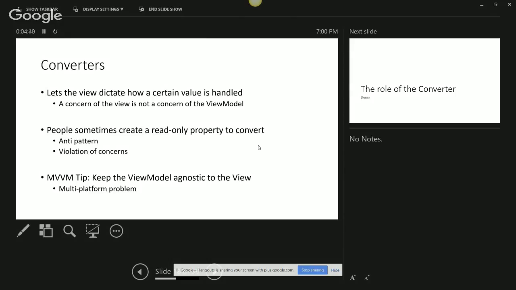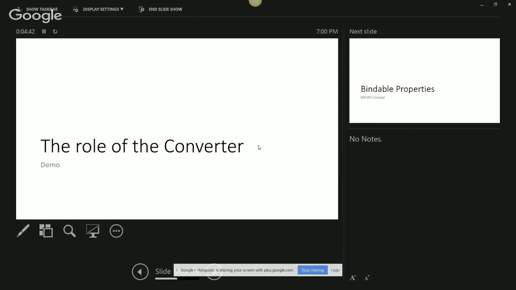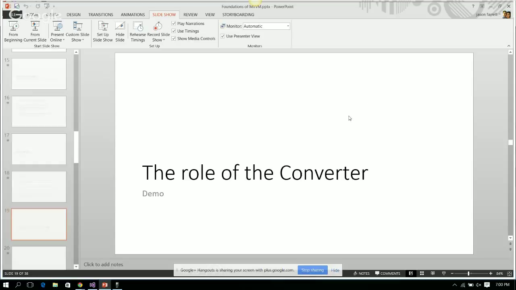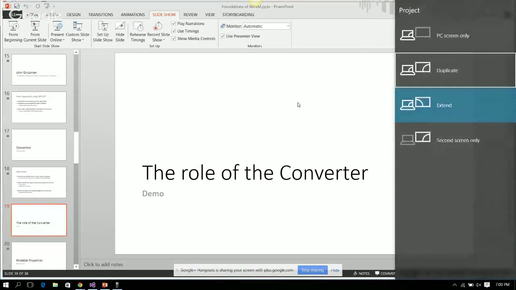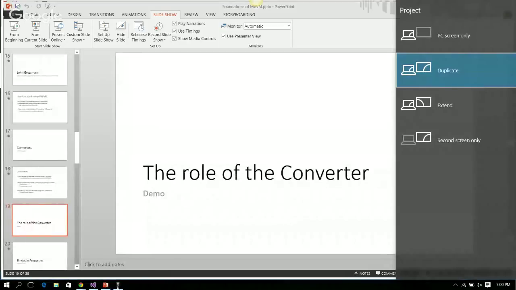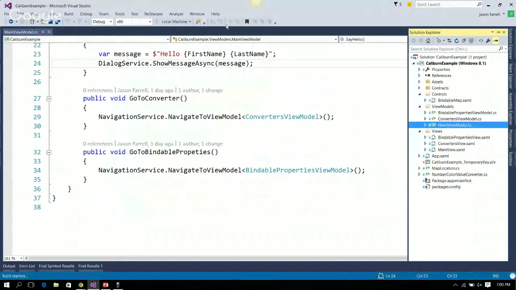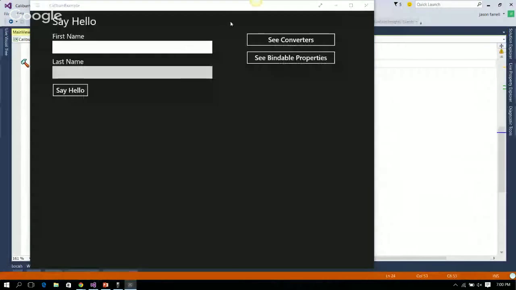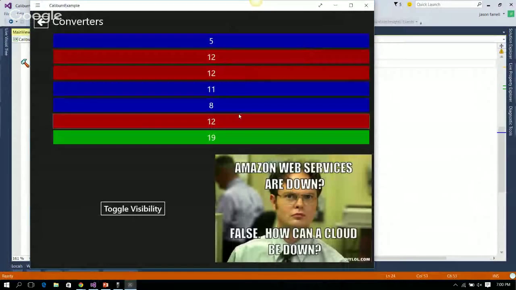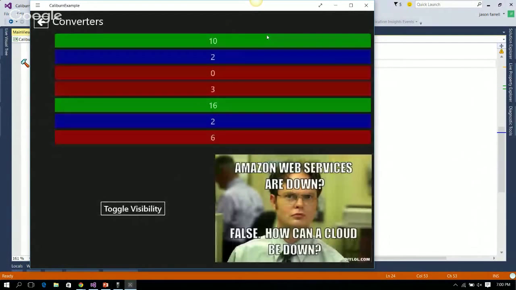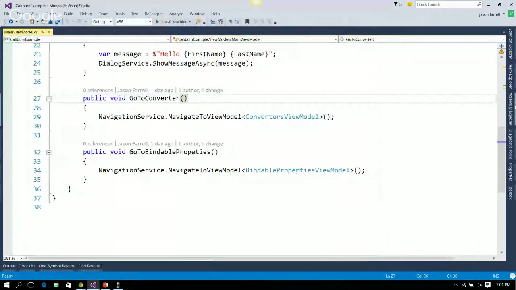Okay? So let's look at what a converter actually looks like. So we're going to go back to our example. Oh, not that one. So for those of you who like visibility, this is actually using a converter. All these are. If I go back, these are all just. So what I've done here, if you look at the converter view model,